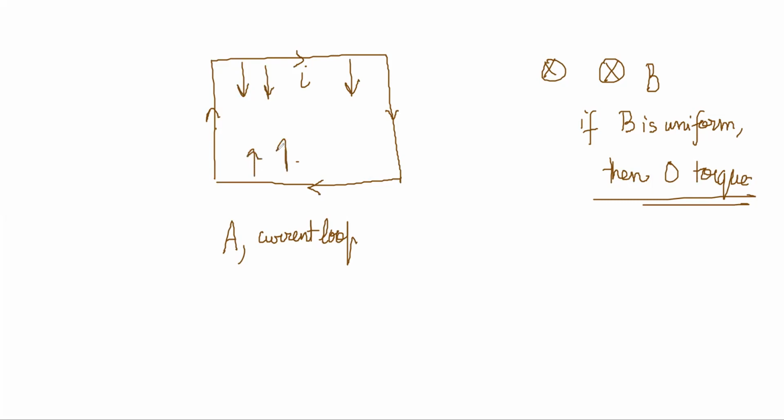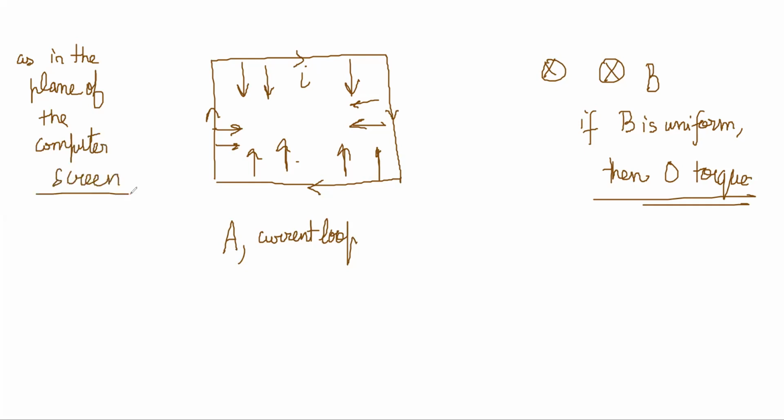These two forces are anyway zero. These forces are canceling. Also, there is no line about which the forces act, since they act along the same lines. If you think of this loop as in the plane of the computer screen, then this force is in the same line as this force. So there is no tendency to turn the loop here. However, it is difficult to draw that figure, but I am hoping you will understand.